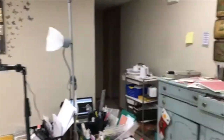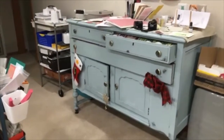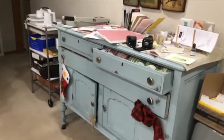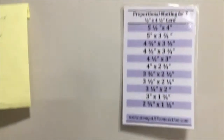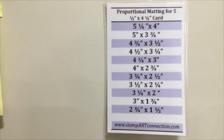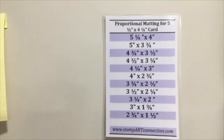You know what, Susan? I think you're a card maker too, aren't you? I'm going to flip the camera around because I'm going to bring you back to my beautiful bureau. I don't know what you call that in English. In French, that's called a bureau. I don't know if that's the English word for it. I have this stuck on my wall so that when I am creating, I've got my proportional matting just sitting there, and I don't have to think about it